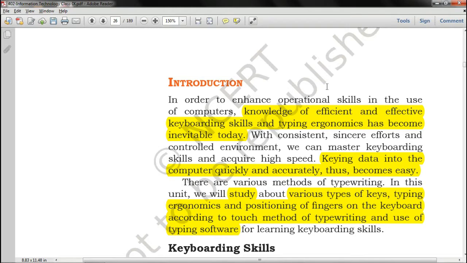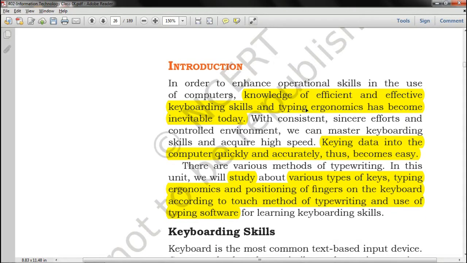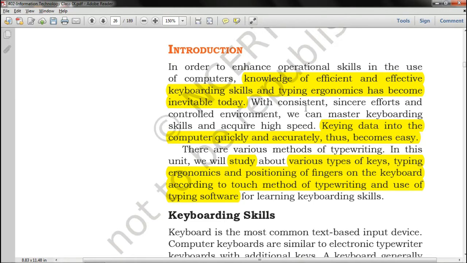Basically the book name is data entry operator, and the chapter name is data entry and keyboarding skills, which is basically very helpful for you all to have data entry operator jobs side by side while studying, so that you could deal with your expenses side by side without burdening your parents. That's why this book is published under the Digital India program.